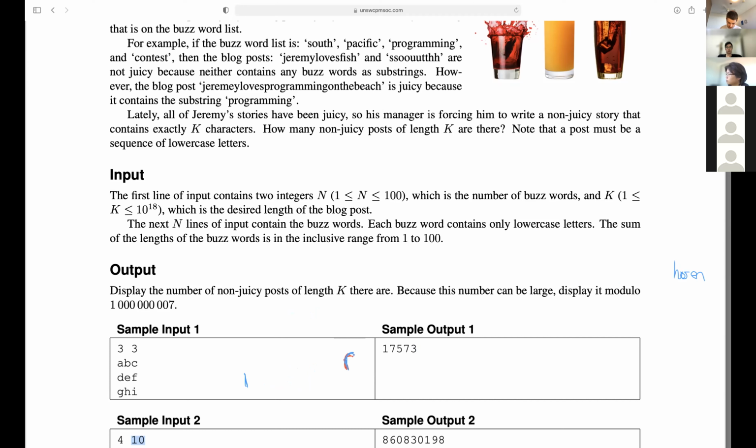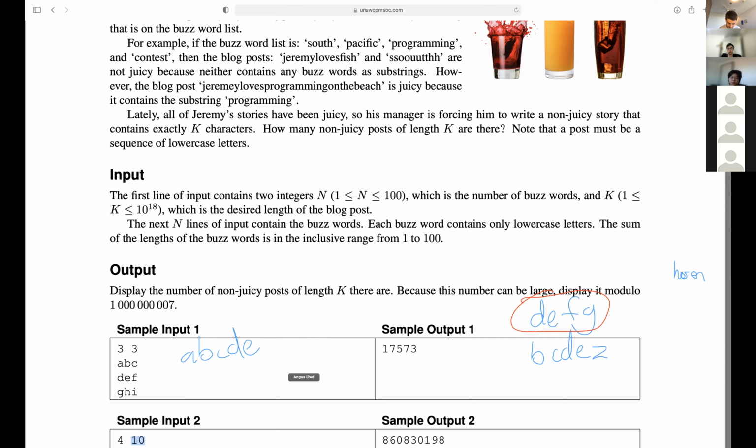But it's possible that there could be multiple suffixes of our word that are prefixes of buzzwords. For example, if your string so far is A, B, C, D, E, and the buzzwords are D, E, F, G and B, C, D, E, Z, then DE is a prefix of the first buzzword. So if you added an F and a G, then you'd make a juicy post.